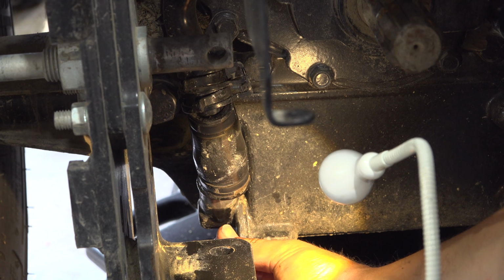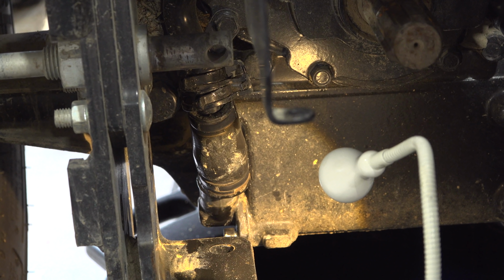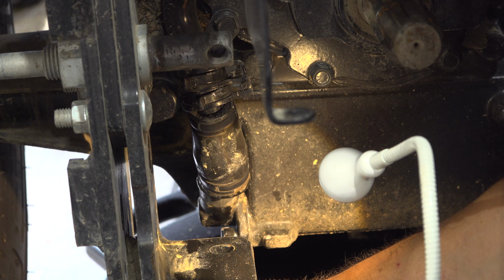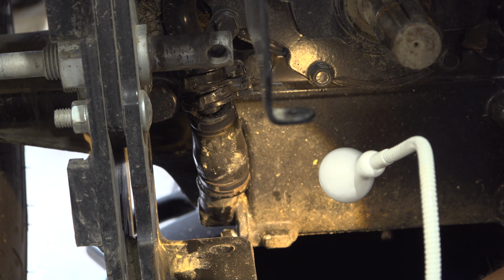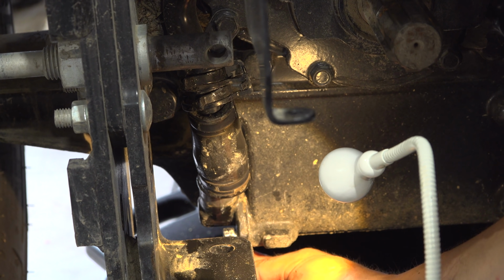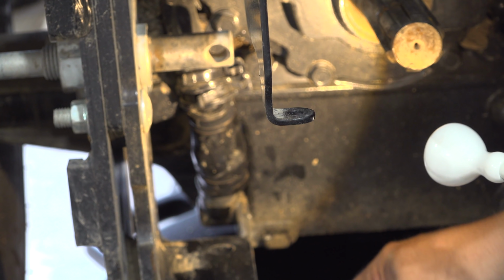Now this is an Allen head bolt here, and I worked at it with an Allen head and I could never get it to break loose. It was really tight. I finally used my pliers here, wrapped around it, to get it broke loose just like that. You can see the scuff marks on it where I worked on it with the pliers. At this point we're just trying to pry this